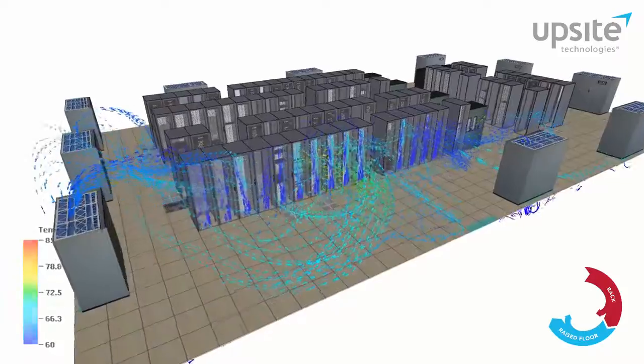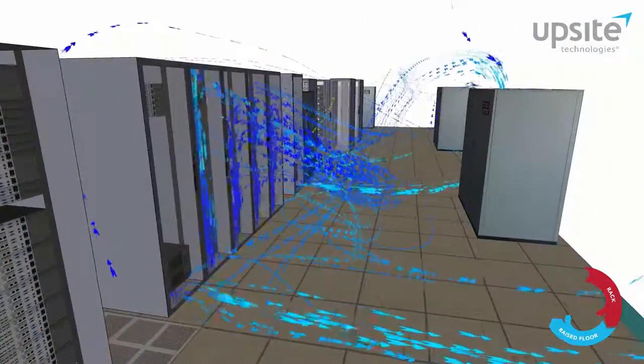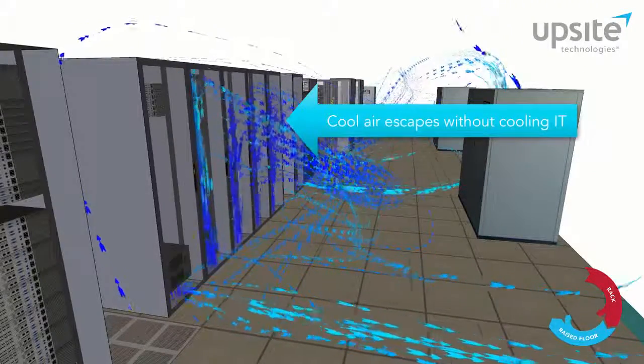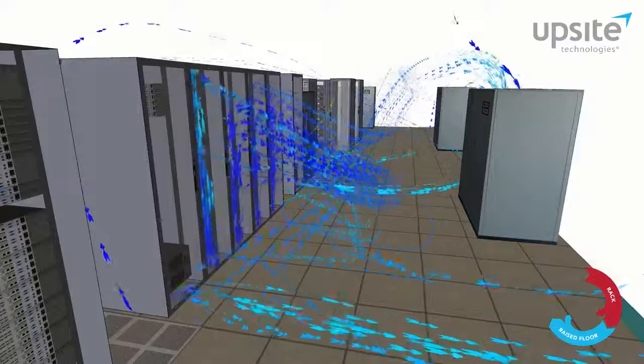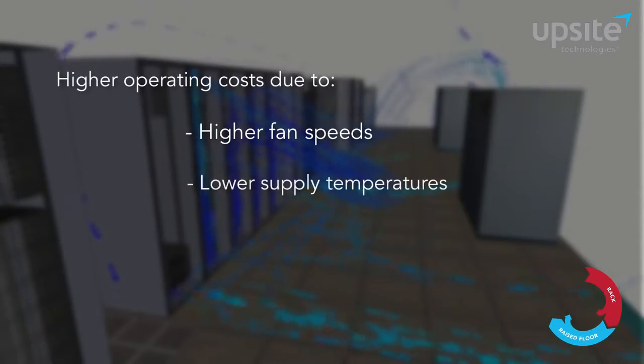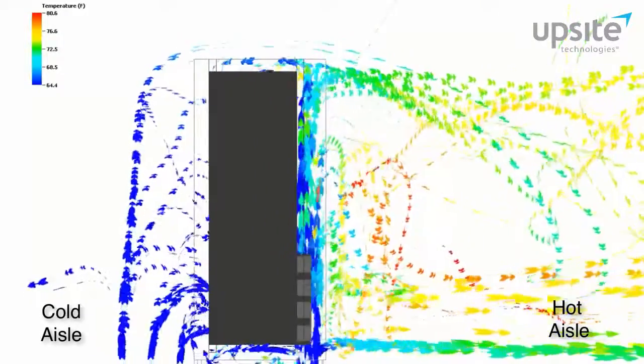In the baseline model, 51% of the conditioned air delivered by cooling units is escaping from the cable cutouts, open gaps in the floor perimeter, and misplaced perforated tiles. This requires higher operating costs due to higher fan speeds and lower supply temperatures to overcome the poor raised floor open area management. When closely examining the airflow around the cabinet, we can see the impact of an unsealed cable